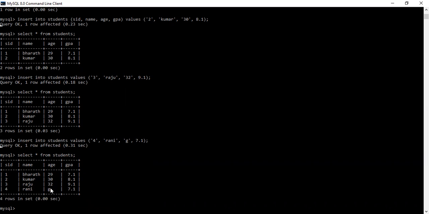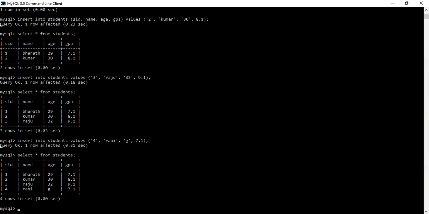According to the rules, an age less than 0 is not accepted. Characters or strings are not accepted as age. What is the meaning of age? Just 1, 2, 3, 4 like that only. But here the age G is also created. Now we will rectify this type of problem.